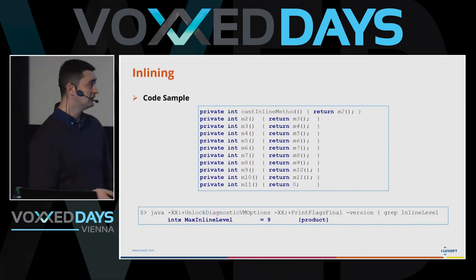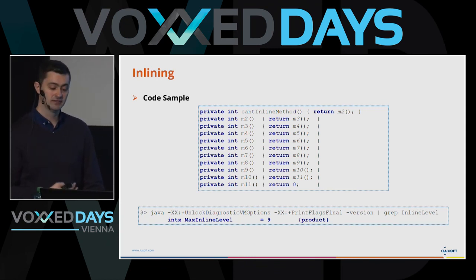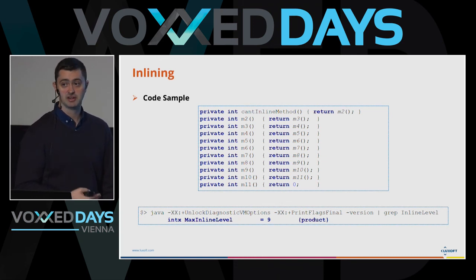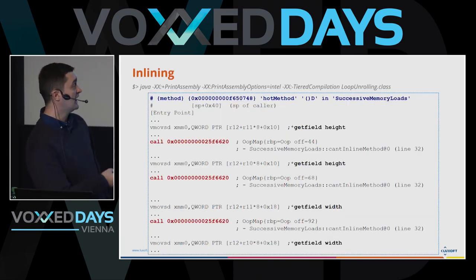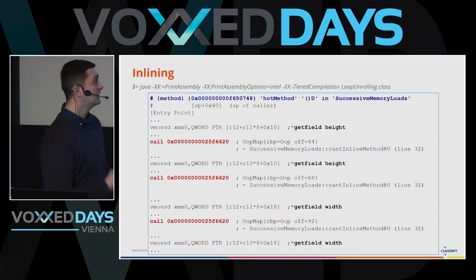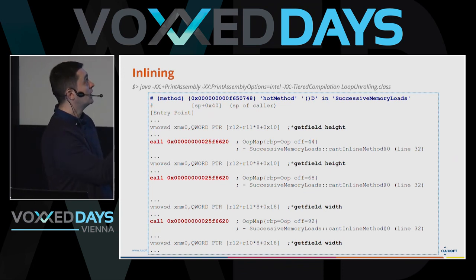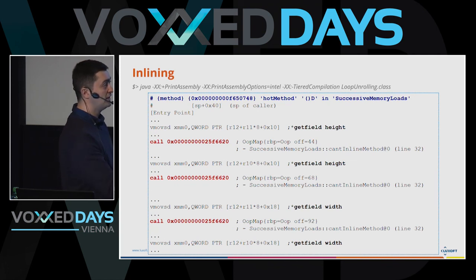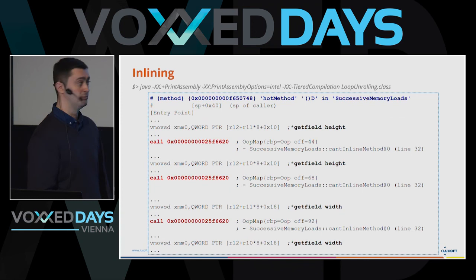Why did I do that? Because implicitly the HotSpot JVM has a parameter, MaxInlineLevel, whose default is 9. So after the 9th level of call depth, the just-in-time compiler is not able to inline our code anymore. Having said this, if we get back and run our example and check the assembly, we see the explicit call to the height method to retrieve the value. We see this virtual call to the method which can't be inlined, and again the same call to the height method. And if we continue zooming into the assembly, it repeats the same call to the method which can't be inlined, and twice, two calls to retrieve the width value